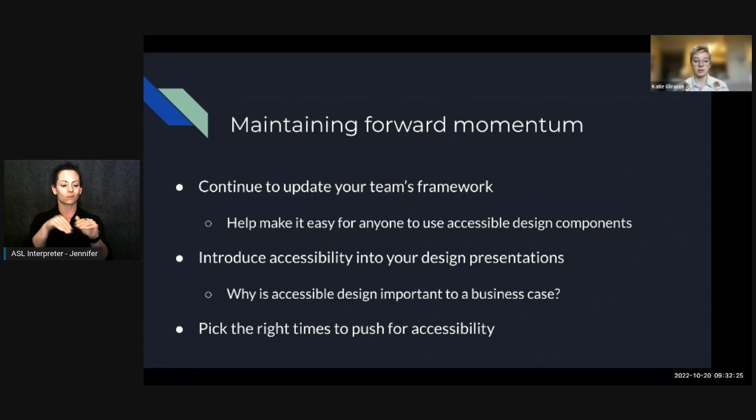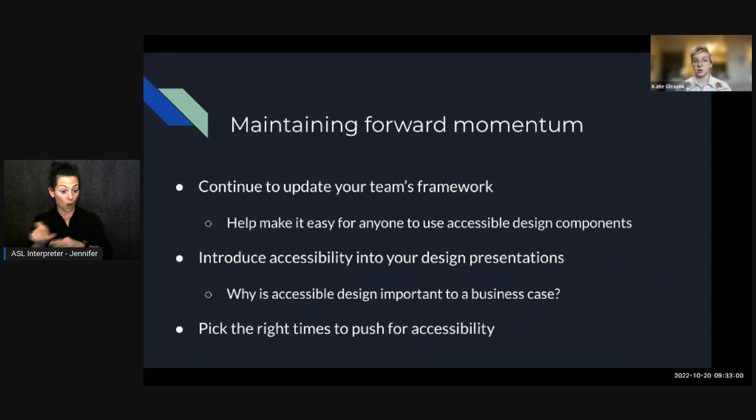And the last one, my last piece of advice would be to pick the right times to really dig your heels in as far as accessibility. Similar to a lot of feedback you get on designs, sometimes the accessible option isn't going to be the one that everybody likes the most. And so in those situations, you have options. You can research potential other accessible designs.